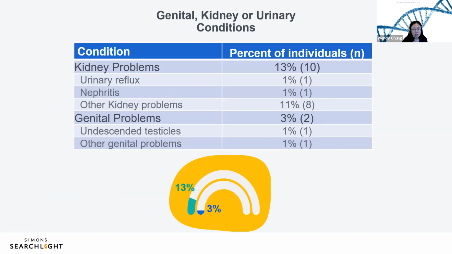These conditions are not common, so I want to emphasize not common, but we have seen, for instance, occasionally children that may have kidney problems, mostly related to urine going back up, sort of what we call reflux or nephritis or urinary tract infections, all of those within this sort of uncommon issues, or in the males, some undescended testicles. But I think these are probably just about as frequent as we see with other children, or especially other children